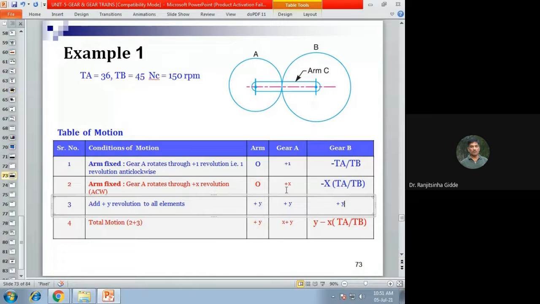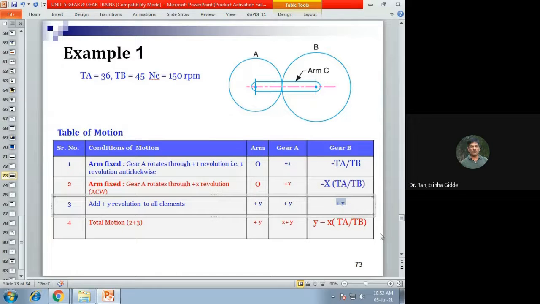2 plus 3 with respect to each of the column. 2 plus this third value in the second row and the value in the third row for this. So 0 plus y, answer will be plus y. x plus y, x plus y. This plus this, so we are going to write y minus x